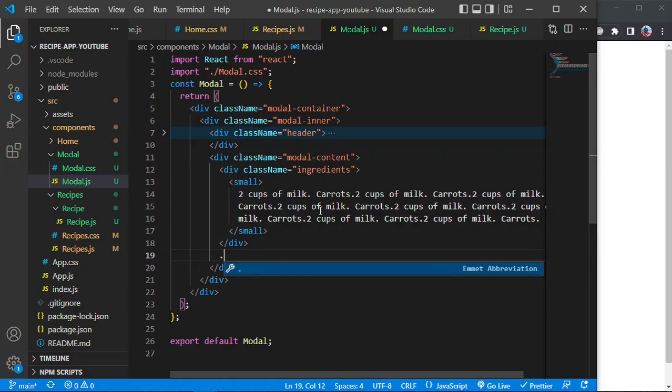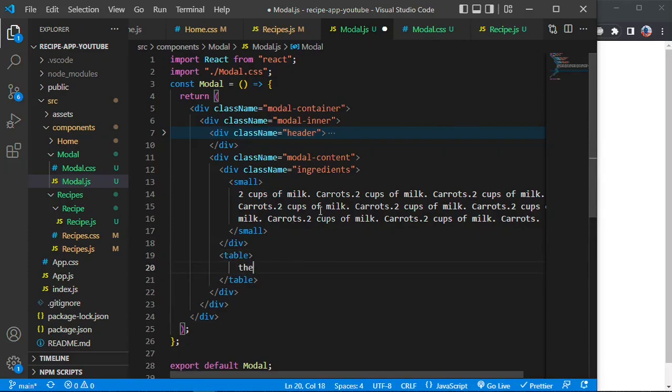A lot of this will make sense once we start working with the API. So let's do the table. Table, and then we have thead, table head. In the table head, we're gonna have a row, table row,